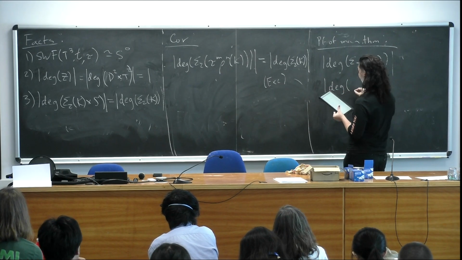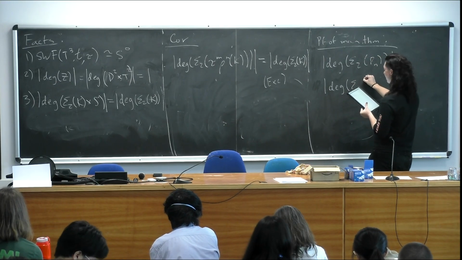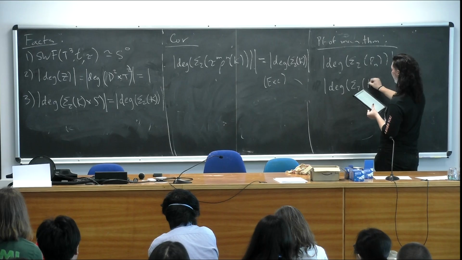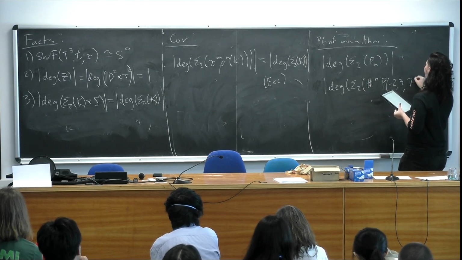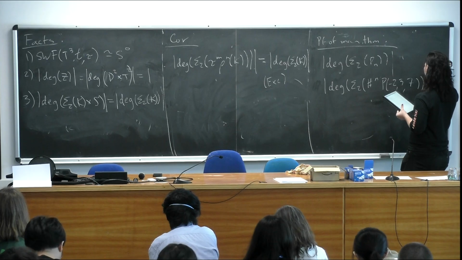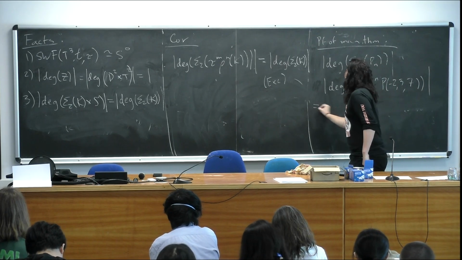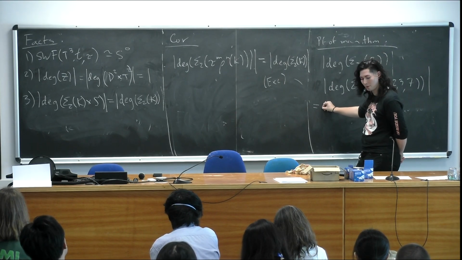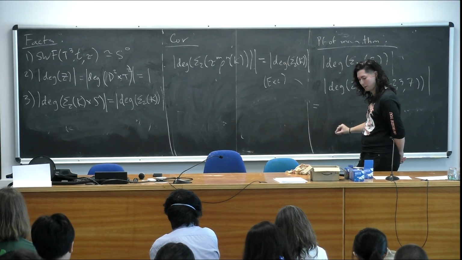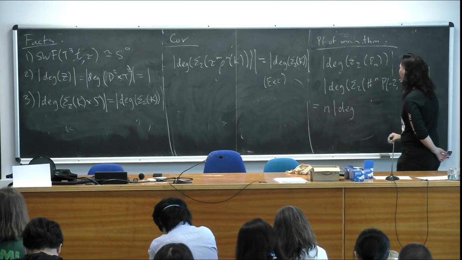Of the double branched cover of n copies of the P(-2,3,7) pretzel knot. And then by multiplicativity of the invariant, this is equal to n times the degree invariant of